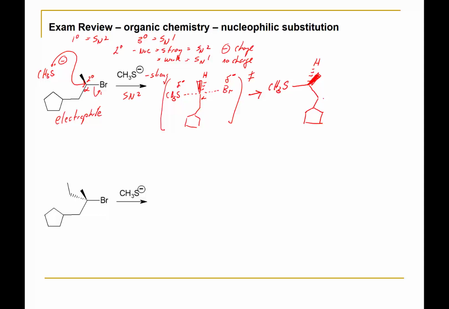The bottom structure, you can see the conditions are a little different. If we take a look at our alpha carbon, we can see that it's a tertiary alkyl halide. We know that with a tertiary alkyl halide, even though I have a strong nucleophile, there's too much steric hindrance about the alpha carbon, and therefore this reaction will proceed SN1. The first step in an SN1 reaction is the leaving group simply leaves. We do not draw the activated complex of the transition state for an SN1 reaction, but rather we draw the